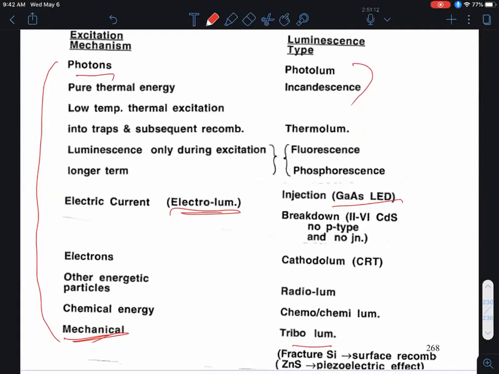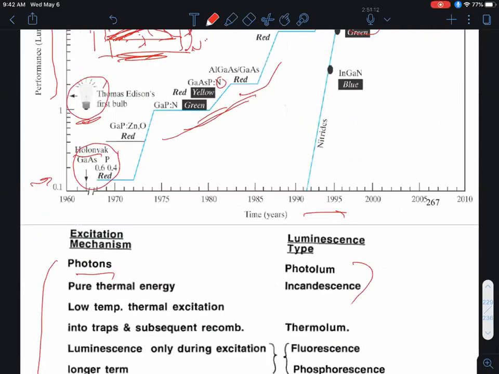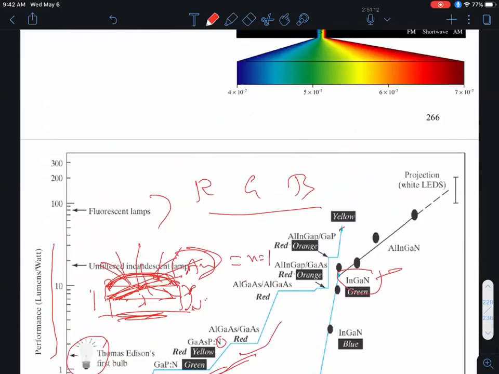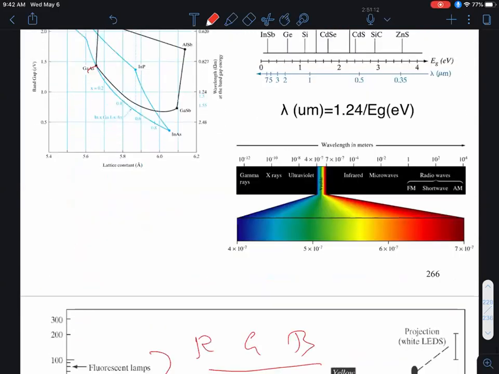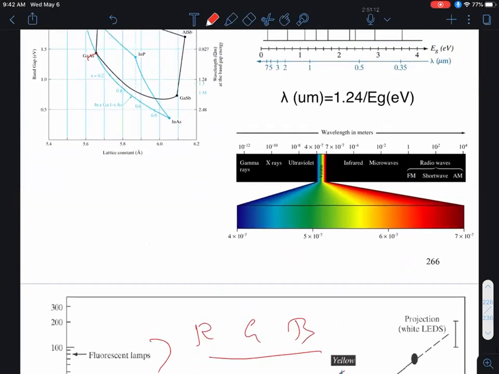So that's all that I have for the course. Very briefly, I want to tell you about lasers. That's not part of the course. So a laser, like I said, is a cousin of an LED, but